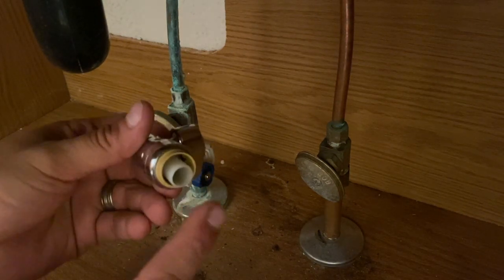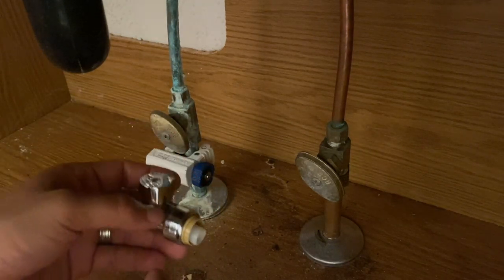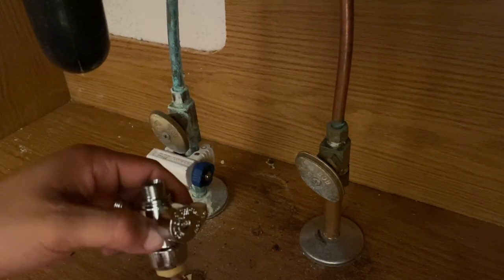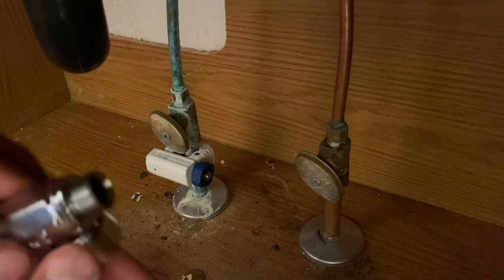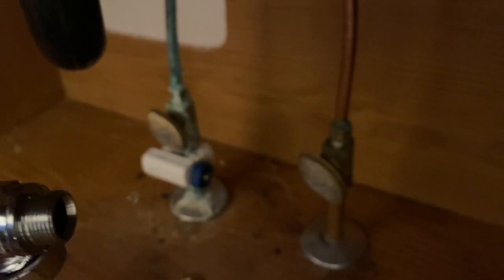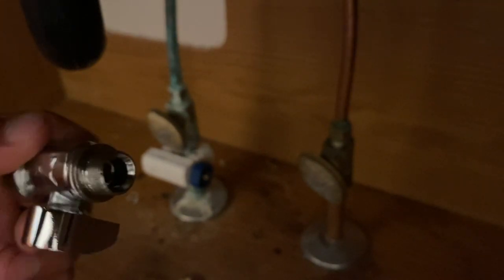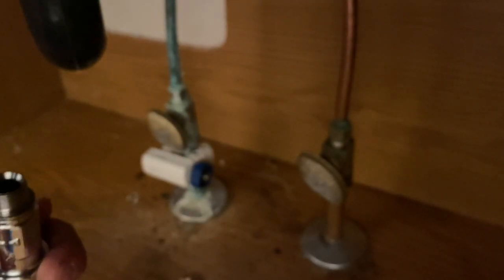Okay, I really like these because it's very easy to swap out. You don't have to do any soldering. You don't have to do anything else. It's just a push to connect. And on this side here, okay, you see how there's thread there? So the new line is going to connect to this section. Okay, now let me show you